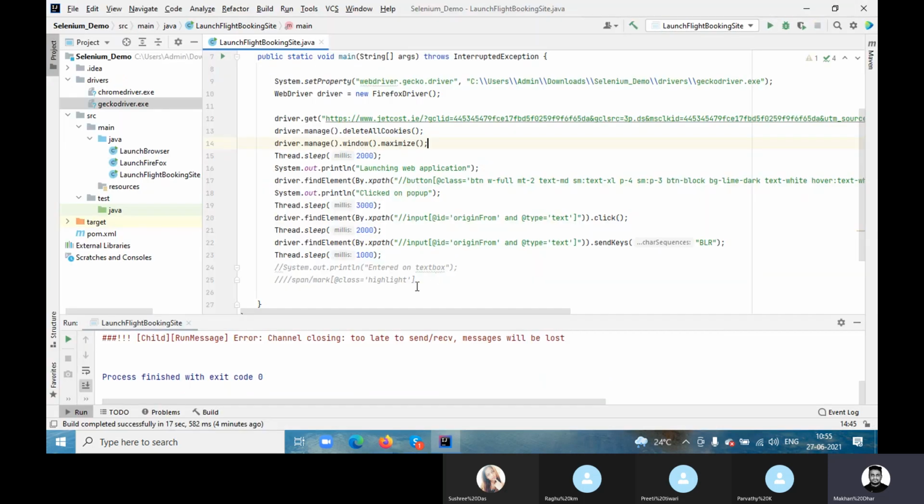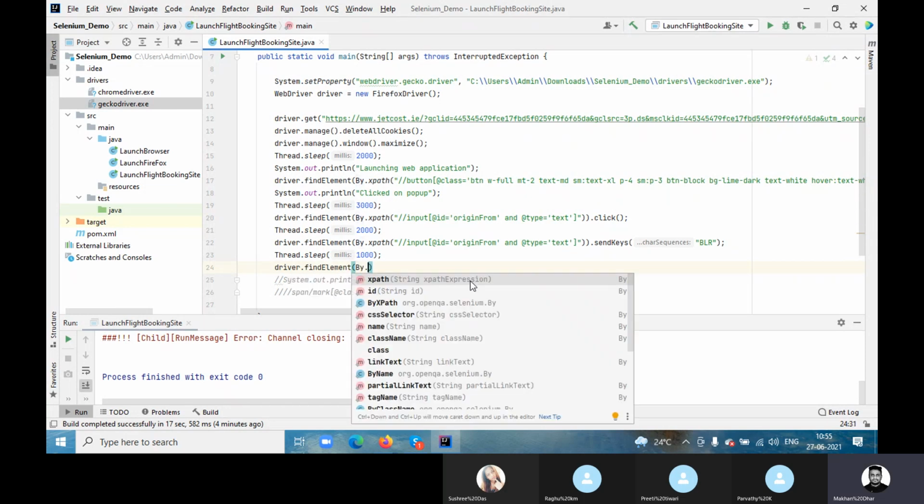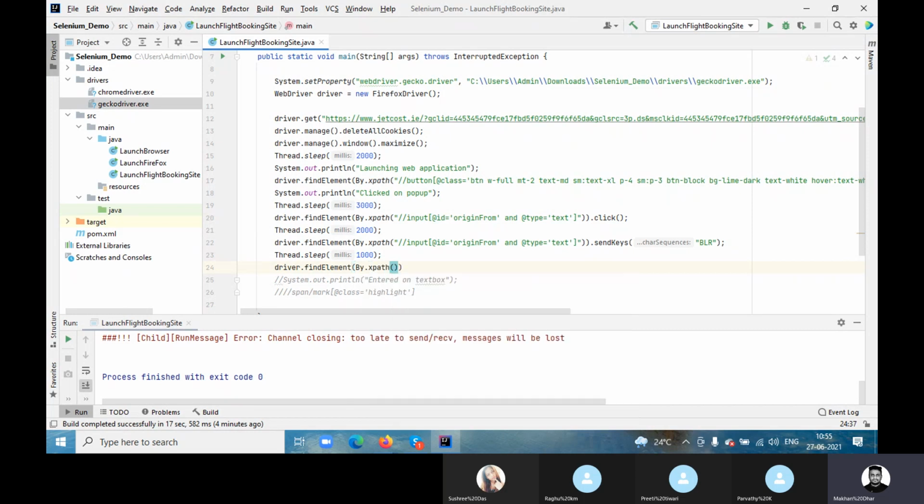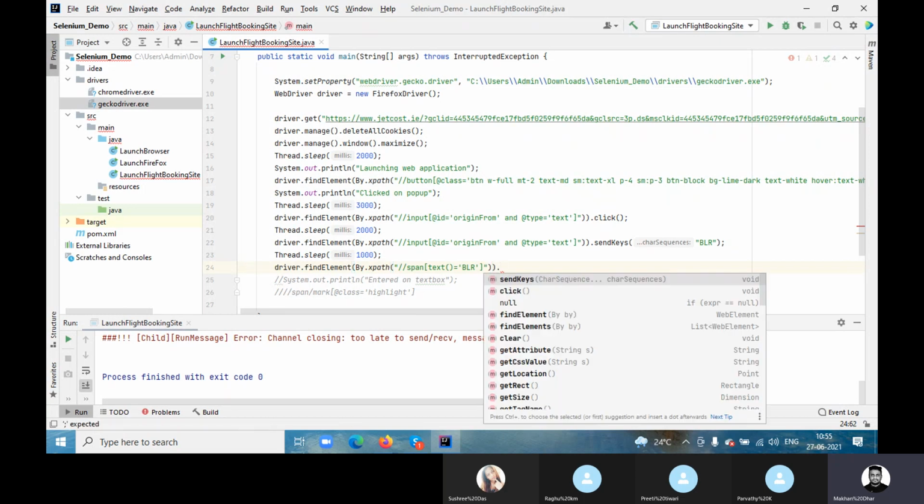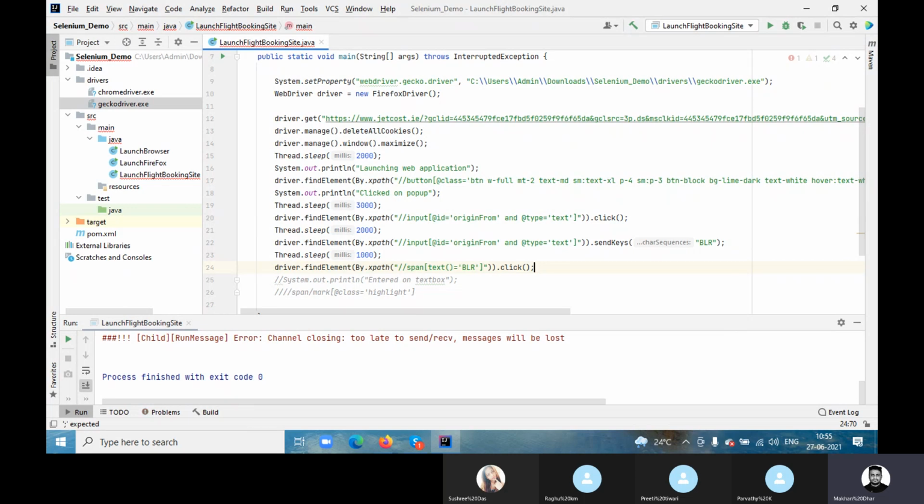So what I have to do now, driver dot, and sometimes my id gets problem actually. So this is xpath only. Okay, don't get confused. Whenever you use this double slash, it would always be this. Now what we have to do, we have to do the click action, right? So even after click action, do 1 second of wait. Okay, and let's run again.